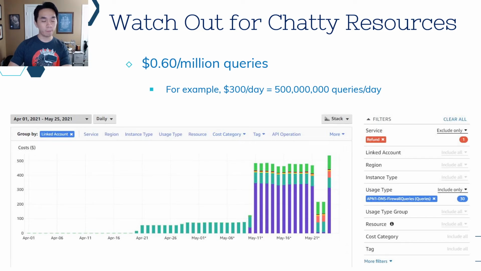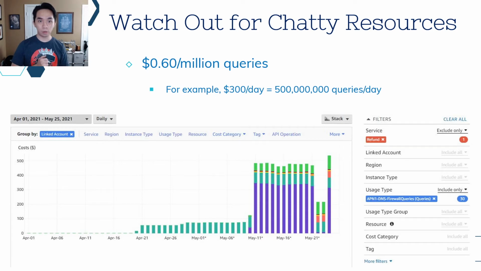How does that happen? So the cost for DNS queries to go through the DNS firewall is 60 cents per million queries. So in this case, they are having a cost of $300 per day. That's 500 million queries per day, and that's not how things should work.